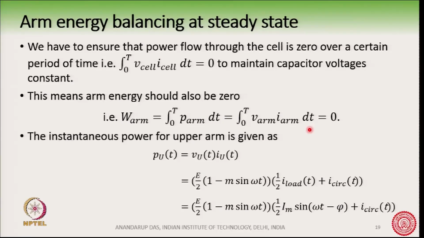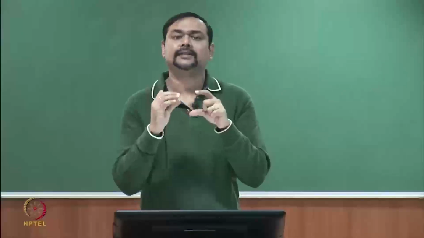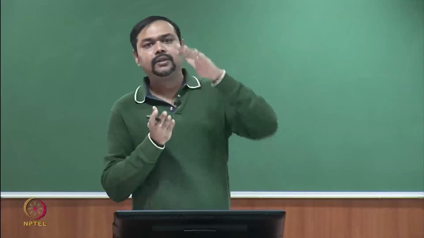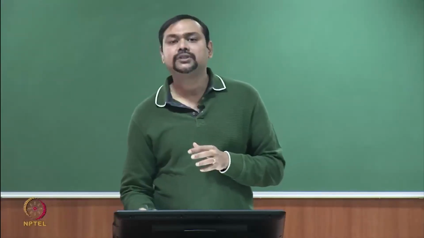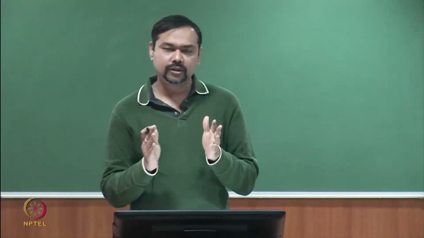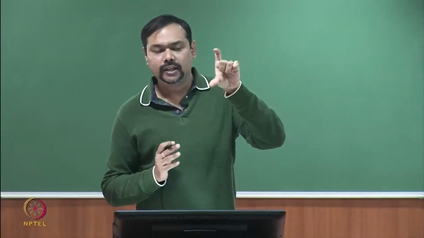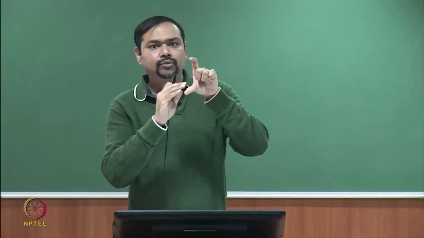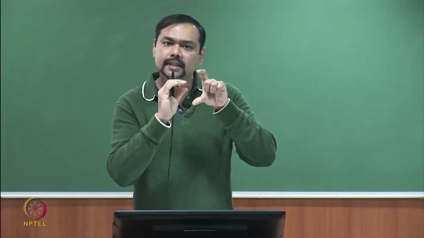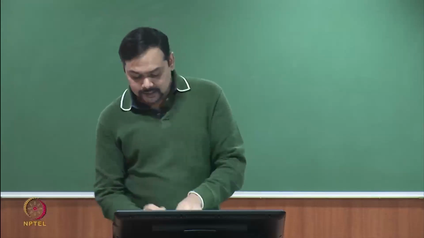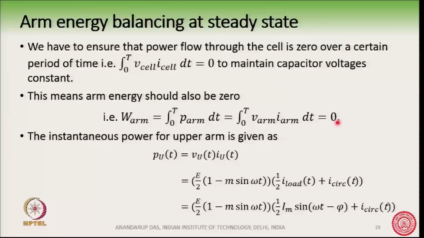However, this does not ensure that individual capacitors are balanced within an arm. Okay. So, for example, with this equation, suppose the arm voltage is 100 kilovolt, and we have ensured that, and there are suppose 100 cells, each cell keeping a certain voltage. Now, this equation only ensures that the arm voltage is maintained at 100 kilovolt, but